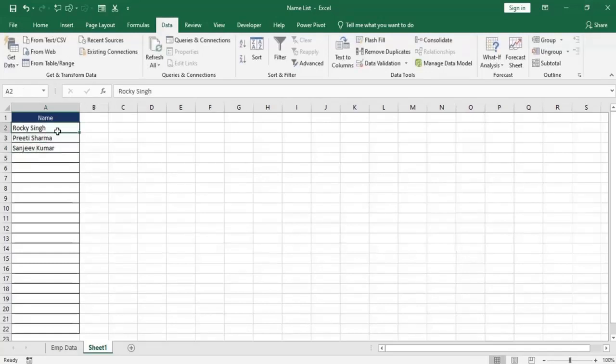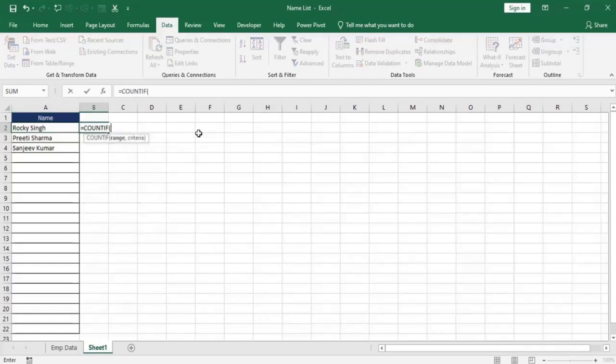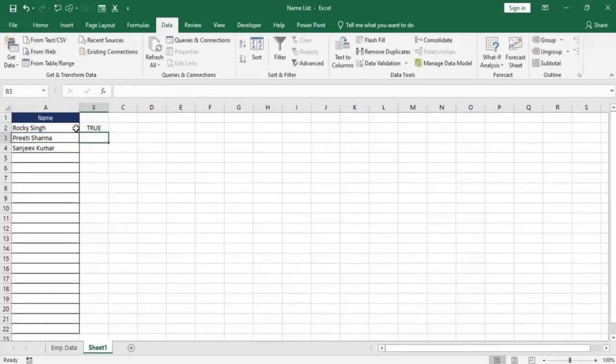Now what I want is, I want the count of this name should only be equal to 1 or less than 1. If it goes more than 1, then validation will stop making the entry. So what formula I would use is COUNTIF, range this, and fix the first A2, comma, criteria this, and this should be less than or equal to 1. True. So this is true.